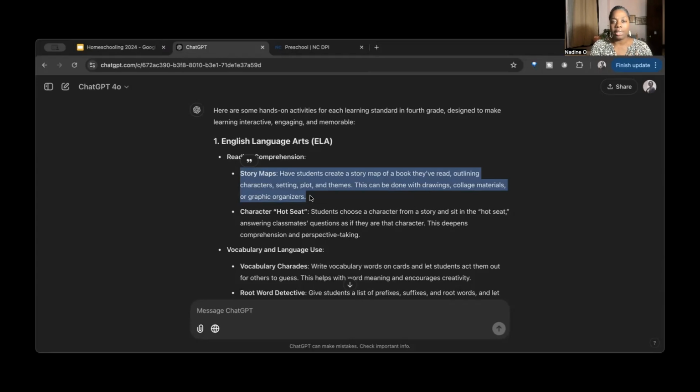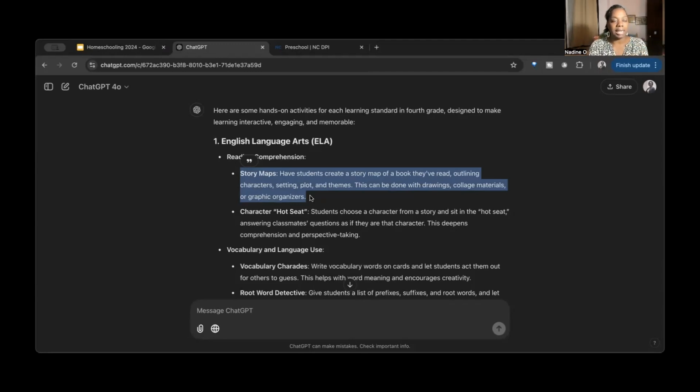Your child is likely reading, right? Have them use the book that they're reading for pleasure that you went to the library and got, and have them do a story map, right? You might give them a huge sheet of construction paper or what is this called? Chart paper. You might have them go onto the computer and create a PowerPoint. You might have them act it out,